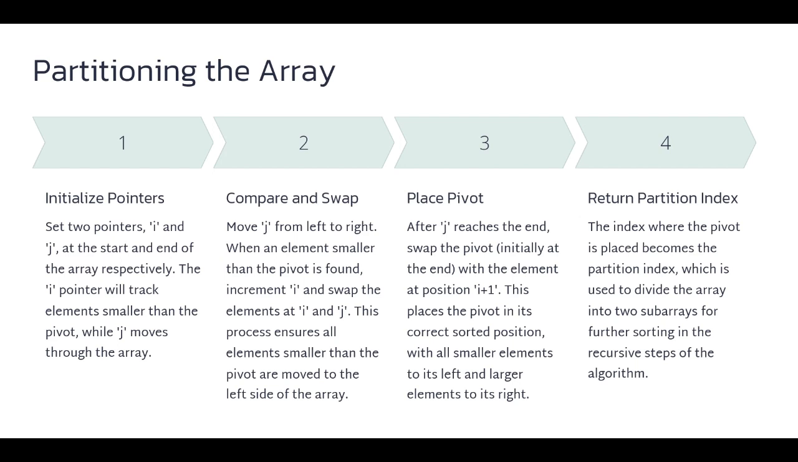Comparing and swapping. Move j from left to right; when an element smaller than the pivot is found, we increment i and then swap the elements at i and j. This process ensures that all the elements smaller than the pivot are moved to the left of the array, placing